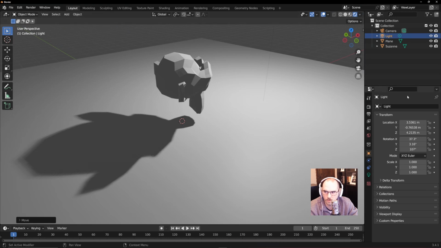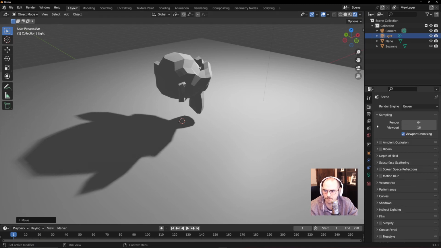I invite you now to look at the render properties tab up here. It looks like the back of a DSLR camera. So I hit it, render properties. The very top thing here says render engine Eevee, like the Pokemon. Eevee is a kind of faster, more efficient renderer, and it does that because it's sort of faking the shadows. It's doing math tricks to not actually calculate all of the light and all of the shadows and things like